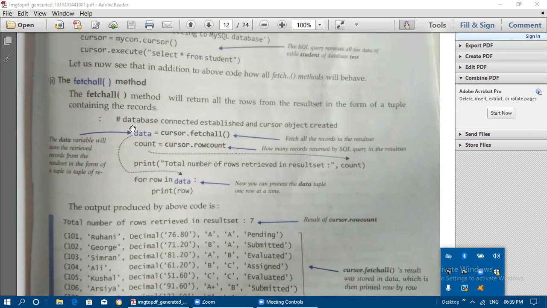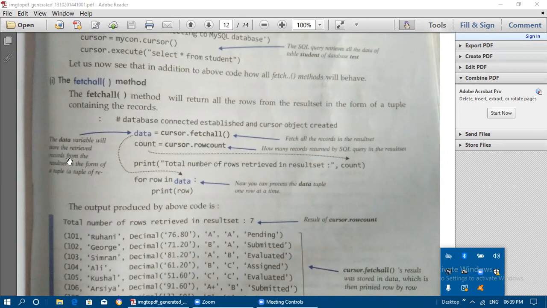Now we will see the coding. This code is written in the Python interpreter, which we saw in the first step. In that we are typing this. After the statement cursor.execute select star from student, we need to continue: data is equal to cursor dot fetchall. We use this same cursor name continuously because this cursor instance holds the entire result set, since select star from student assigned its value to the cursor instance. Data is a variable here,